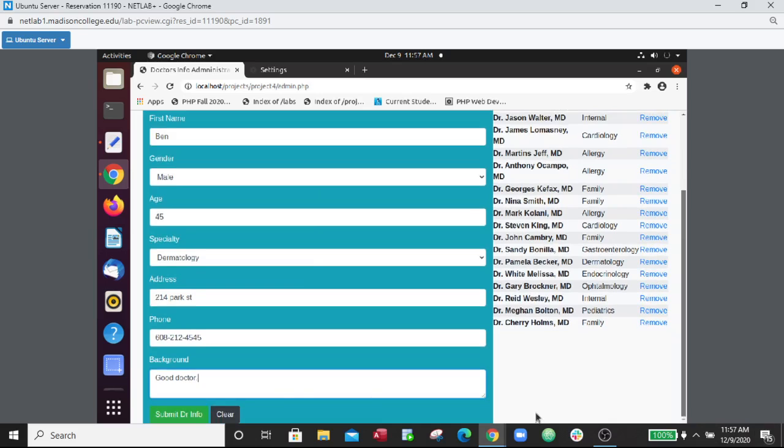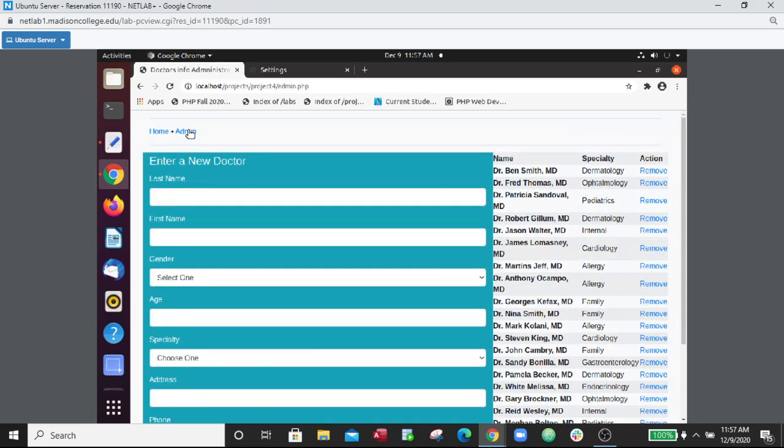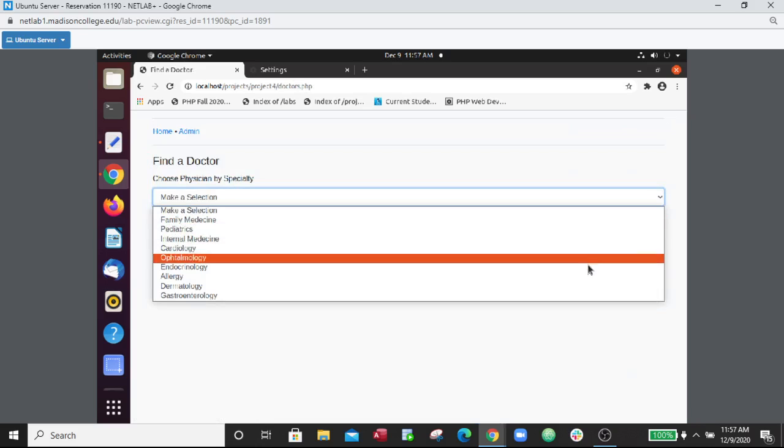Once you hit the submit doctor information button here, and you refresh your admin page, the first thing you will notice is that the doctor's name appears first in the list of the doctors that you can edit or remove from the doctor list. So let's go back to the main page and make a selection and choose dermatology,